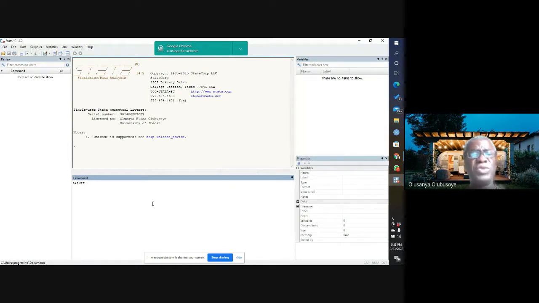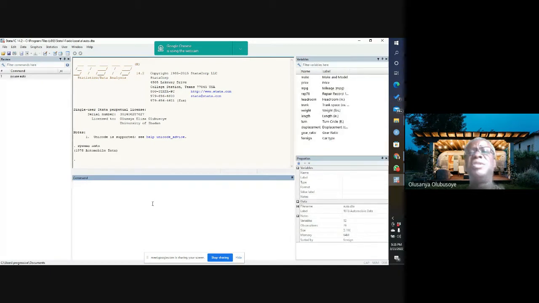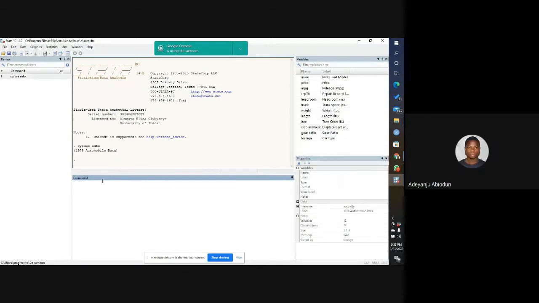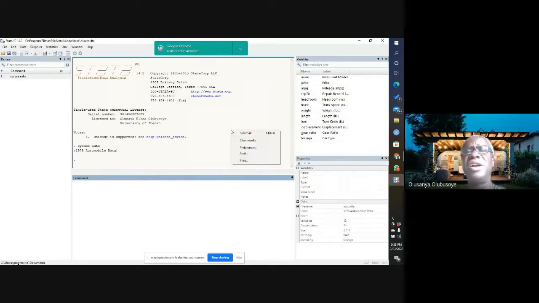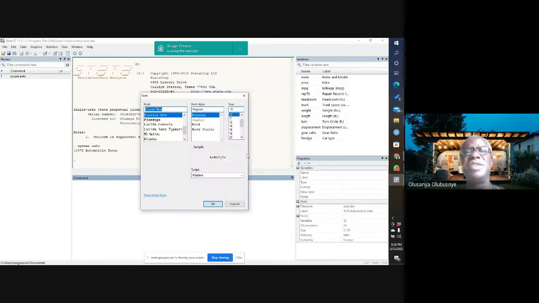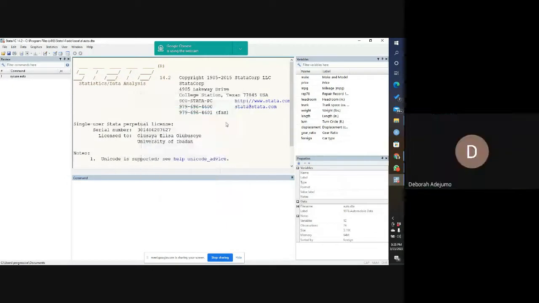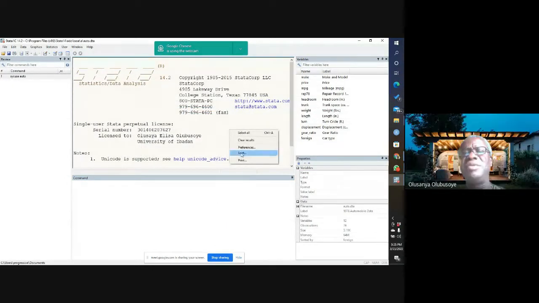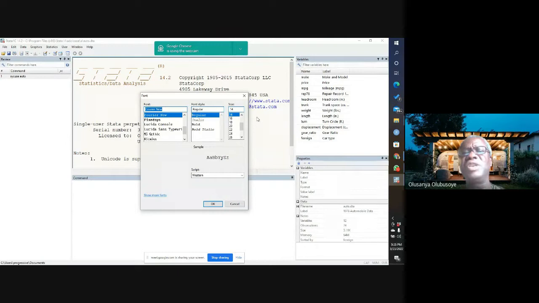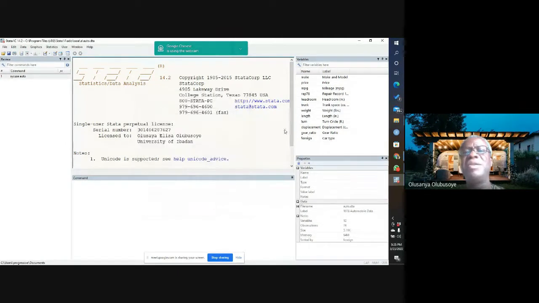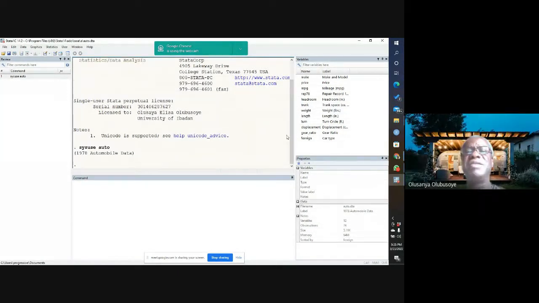I hope you are able to see the screen. Don't worry about the result. So what I've done here, I typed the command. Okay, let me increase the font and see whether it will increase. Is the font size okay now? Yes, sir, I think it's okay. It's better now, right? So